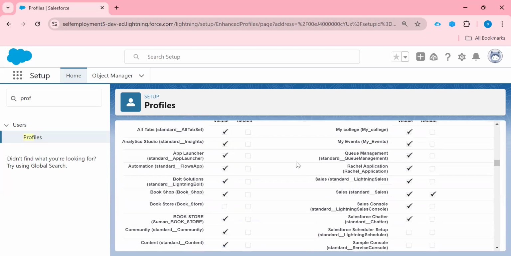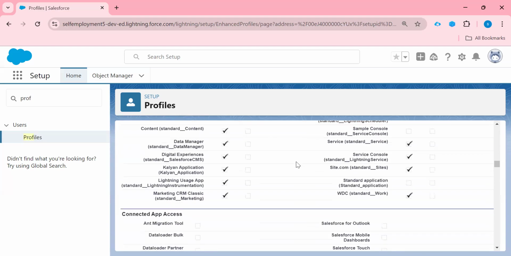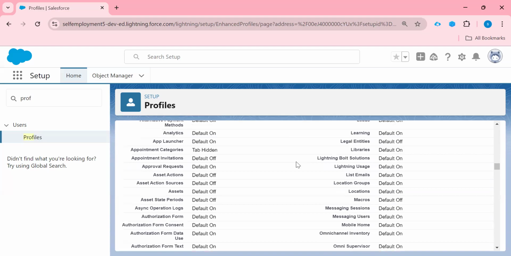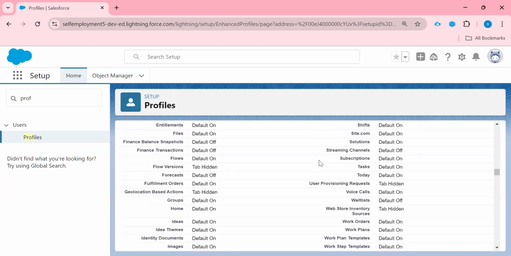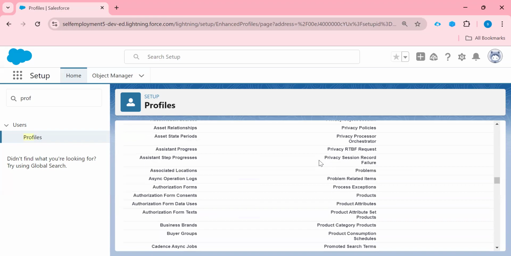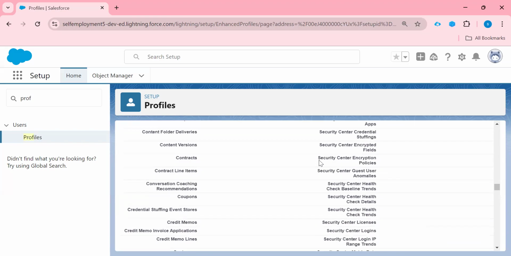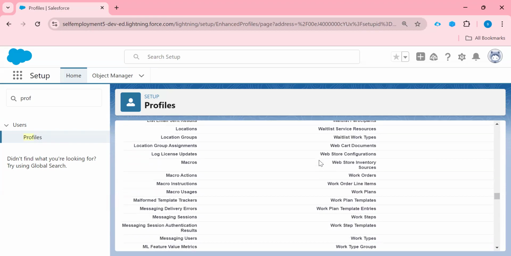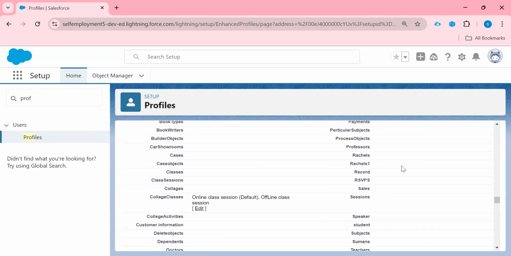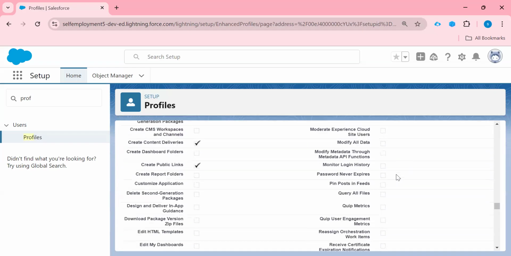So these are all the permissions which I can set at the profile level. So now we are going to set only object level security. The rest of the parts we will see one by one in our further videos, right?